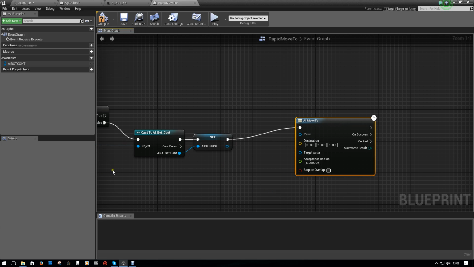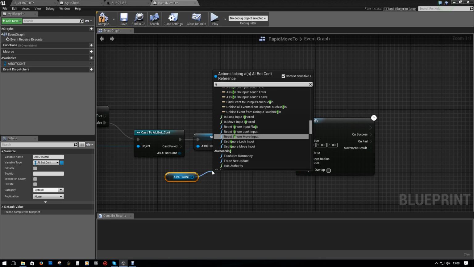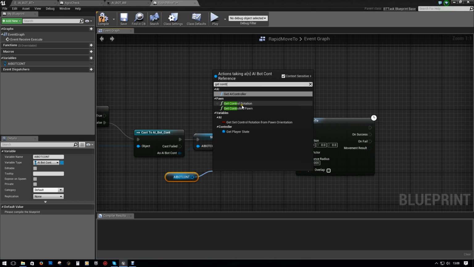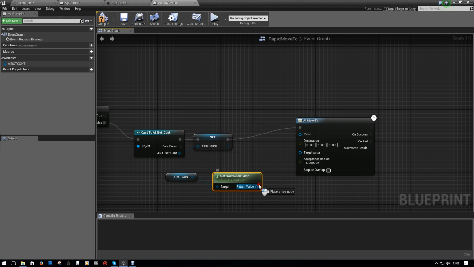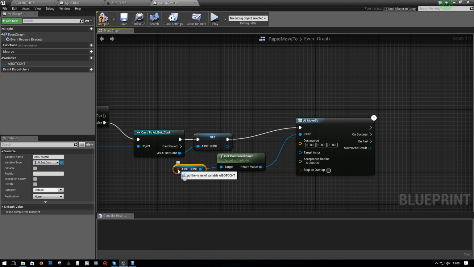Now the next thing we need to do is we need to drag this out. Now I'm only dragging these out in case you're using an older version of the Unreal Engine. If you're using the new ones, you can just drag off of this. And then we're going to drag that out and get controlled pawn again. And the controlled pawn will plug right here into the pawn field. And then we're going to, let's see,